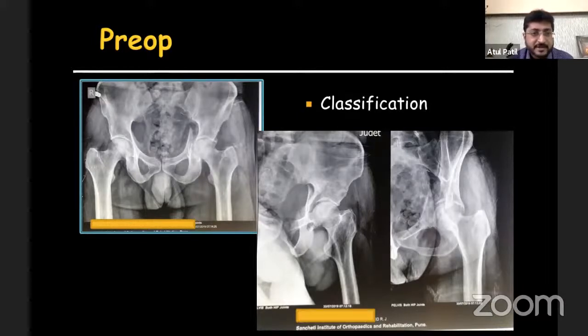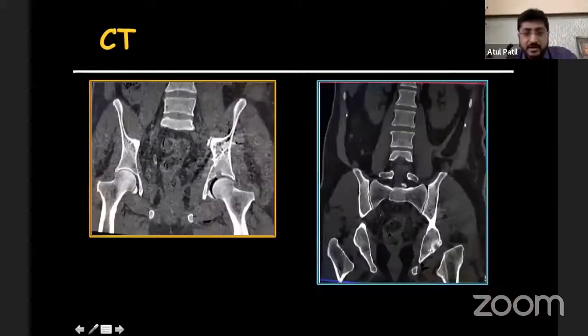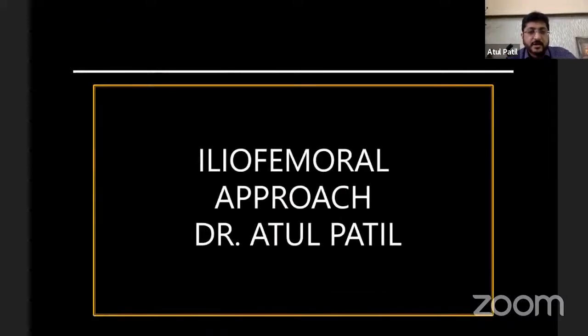And if you see that there is a break in the iliopectineal line as well as the ilioischial line, but the obturator foramen appears intact. The major iliac bone appears to be along with the acetabulum. So this remains a transverse fracture where these are the CT cuts, and I start performing surgery in supine